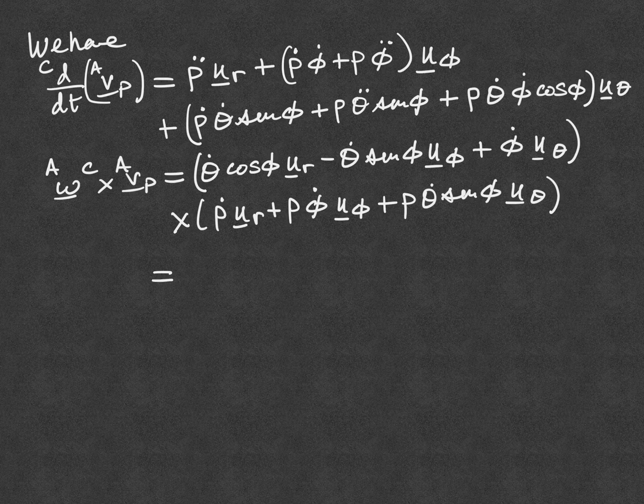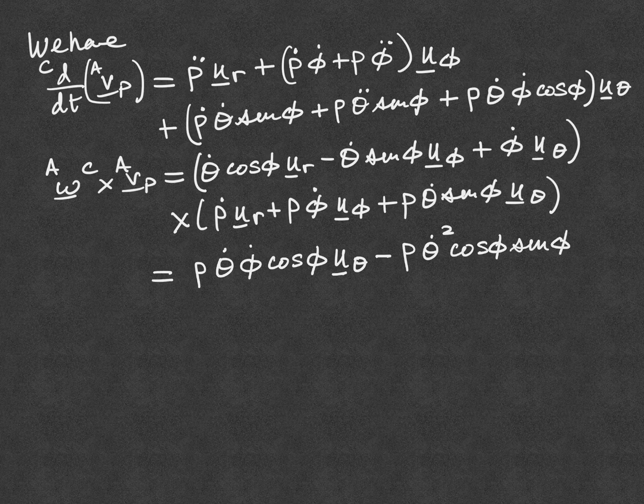So we get plus rho theta dot phi dot cosine of phi times U theta, and then UR crossed with U theta is minus U phi, so you get minus rho theta dot squared cosine of phi sine of phi times U phi, and then U phi crossed with UR is 2 crossed with 1, which gives plus rho dot theta dot times the sine of phi times U theta,